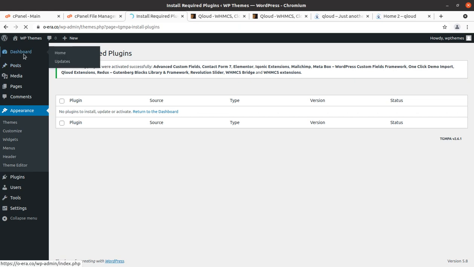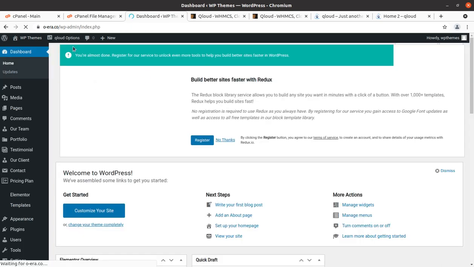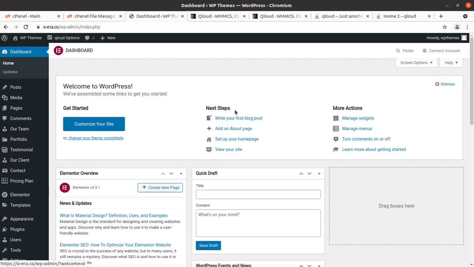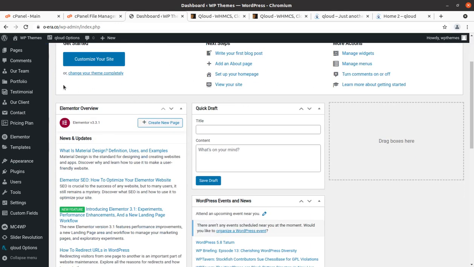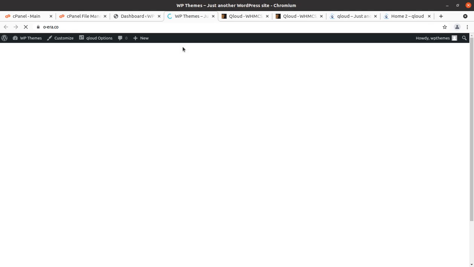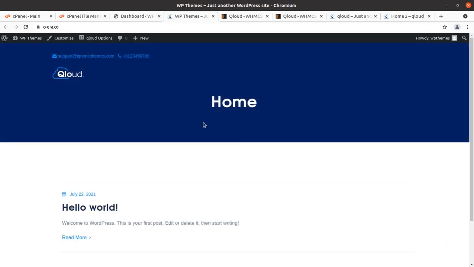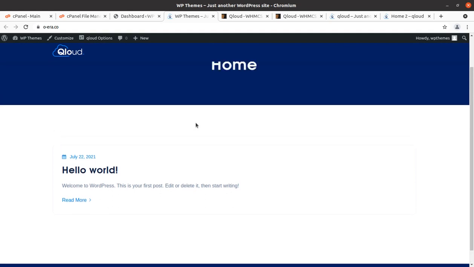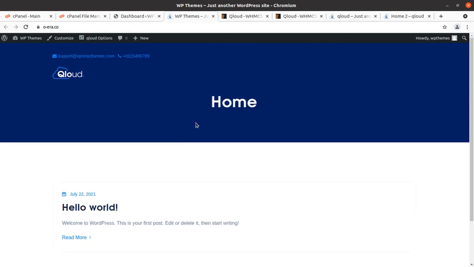Okay, so all plugins have been installed and activated along with the theme. Simply click on the dashboard button to go back to the main screen. Okay, so these are some alerts that are simple ones, and we are fine with all the plugins and the theme itself. We can take a look at our website, how it looks with the theme and plugins. And this is the basic look of the QLoud WordPress theme, and it is, yes, without any demo content. This is why it is looking very clean.